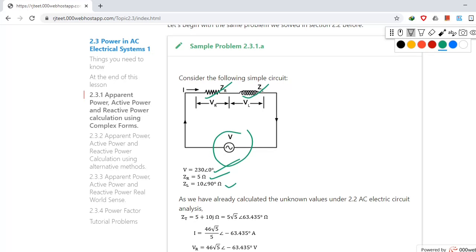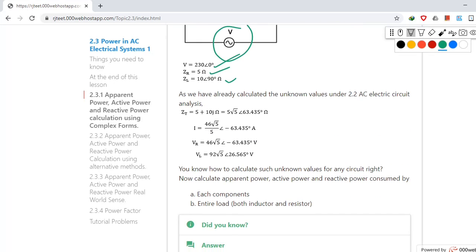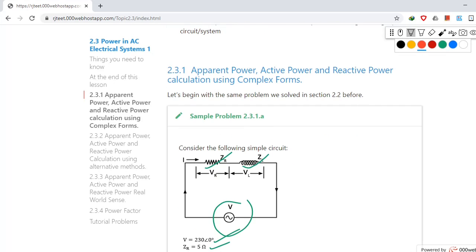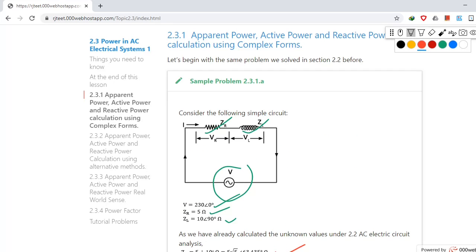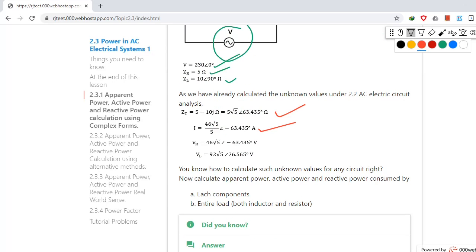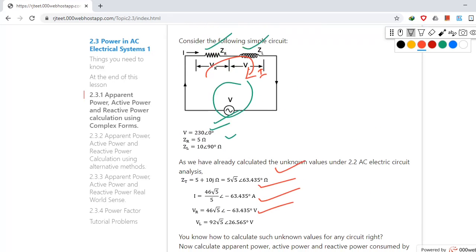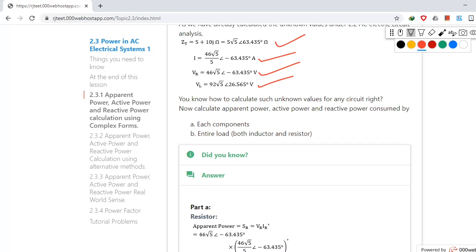are given, and we already have calculated the values for total impedance and the current through the circuit. There is only one branch, so the current we have calculated, and in addition we know the voltage drop across each element. Right, so once those values are given, the question is about